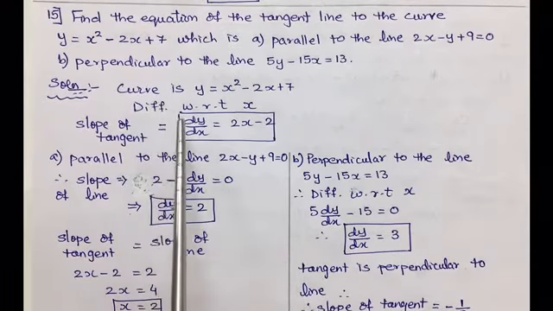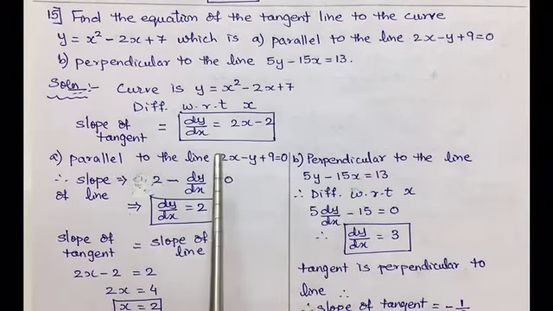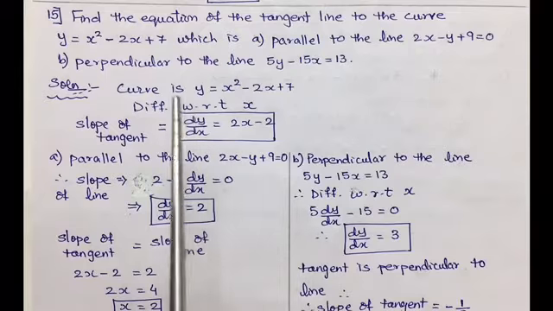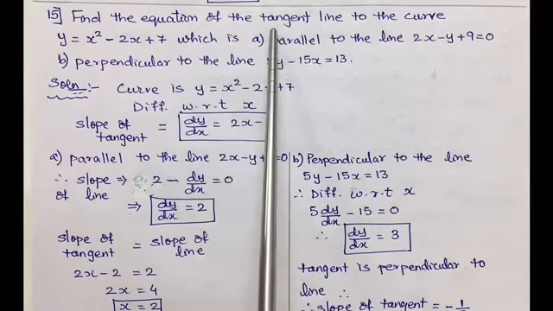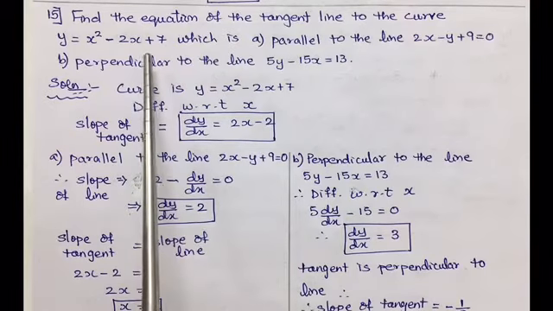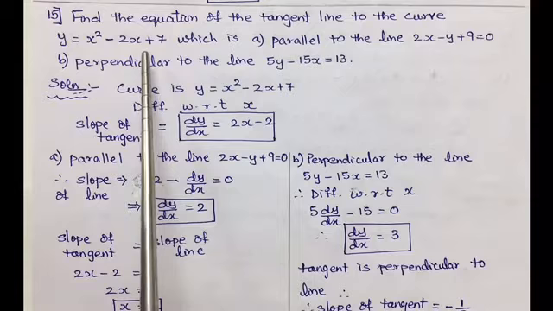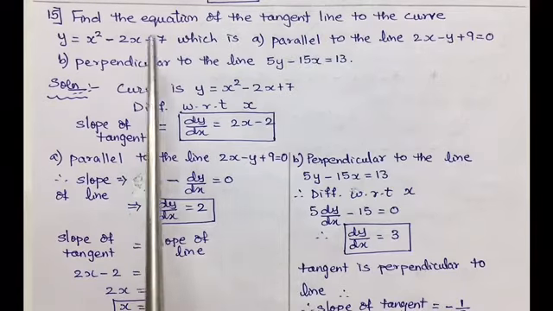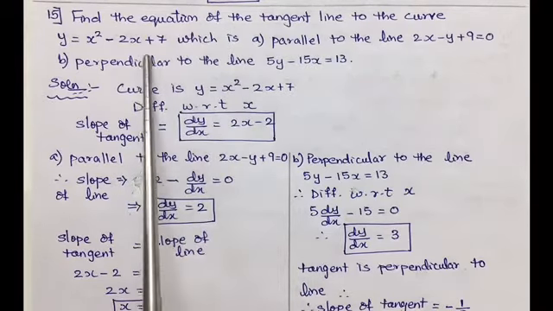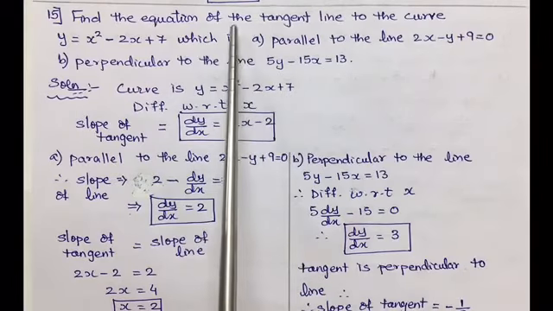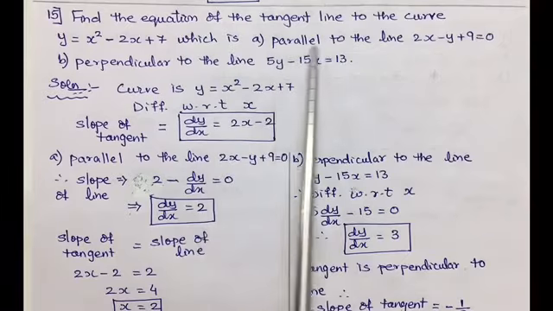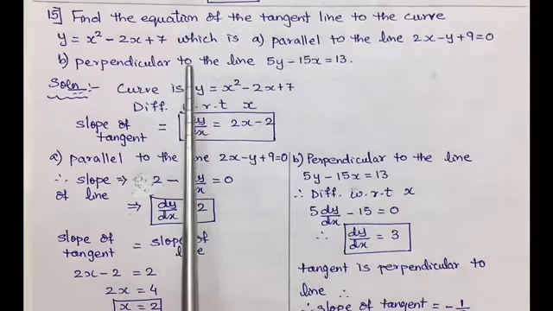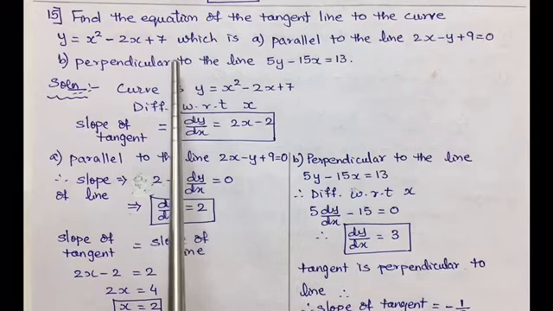firstly we have to calculate the slope, because here we are going to compare the slopes. After calculating the slope, to find the equation of the tangent, we need two main things. Two major things are, one is the slope, one is the point. Neither the slope is given nor the point is given, but the conditions are given. So taking up the condition, we will calculate slope as well as the point.